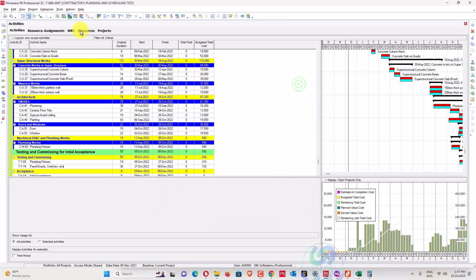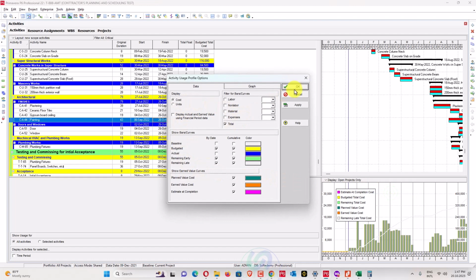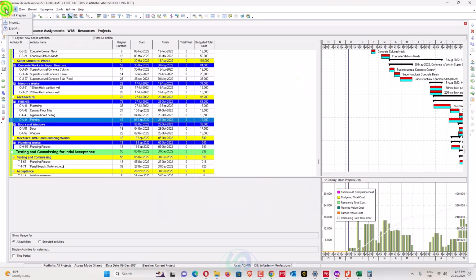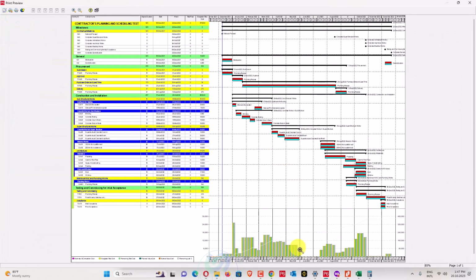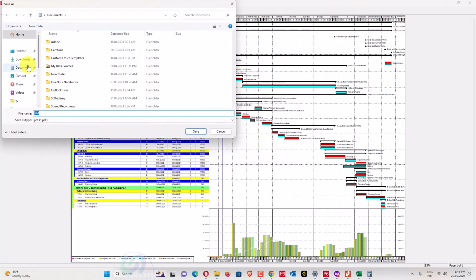So we'll go here, profile, cost, total, okay, file, print preview. So you have the complete critical path for that section and its user profile also. Print that, and desktop, this one is your critical path with its user profile.